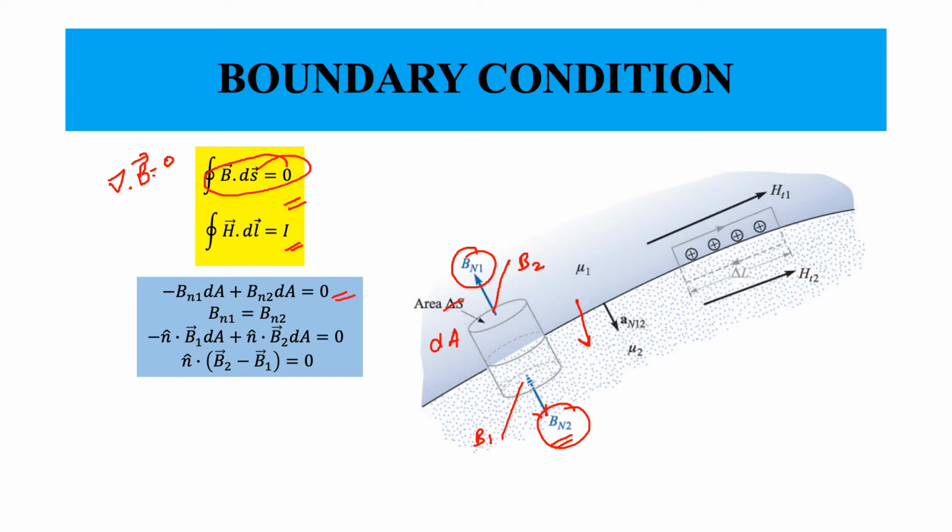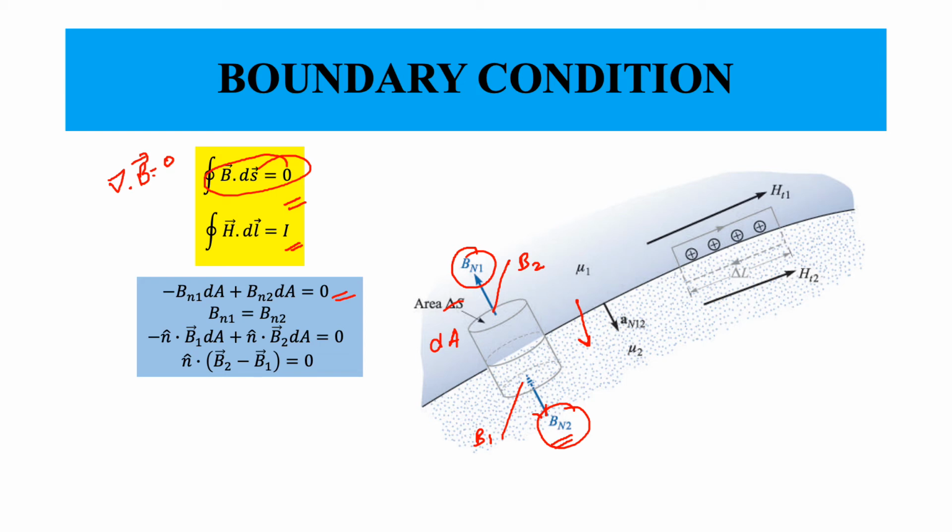And it is 0 because this volume of the Pepsi can that we consider doesn't enclose any magnetic charge. So there is no magnetic charge, although in the previous lecture we used fictitious magnetic charge. So there is no real magnetic charge. Therefore, this will be equal to 0. Now we will see that since this is equal to 0, then Bn1 is equal to Bn2,